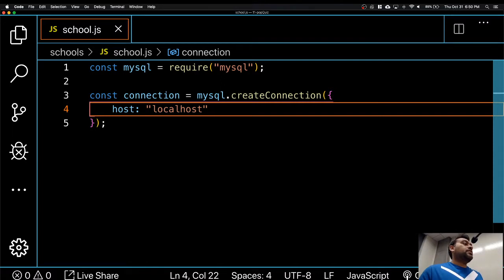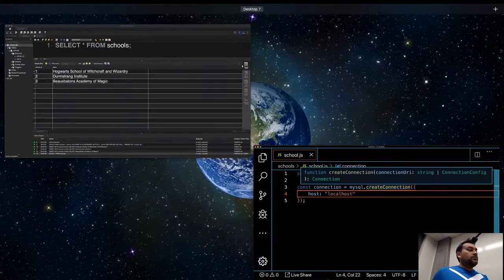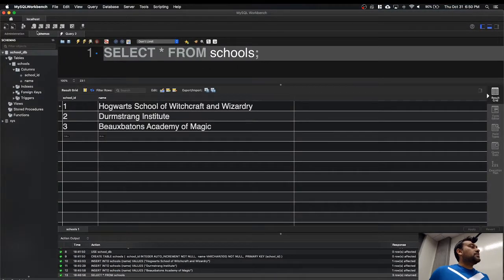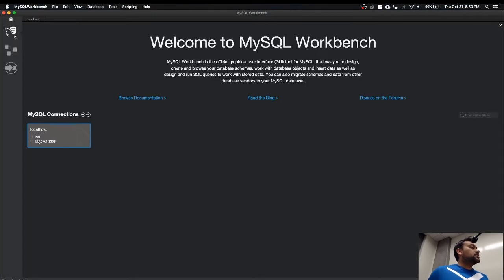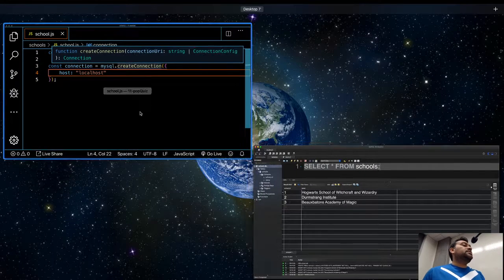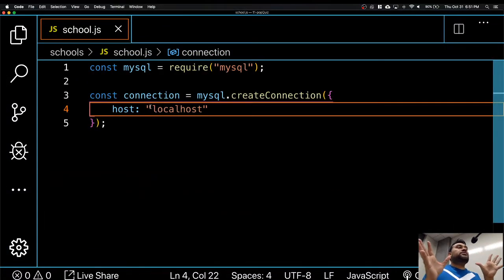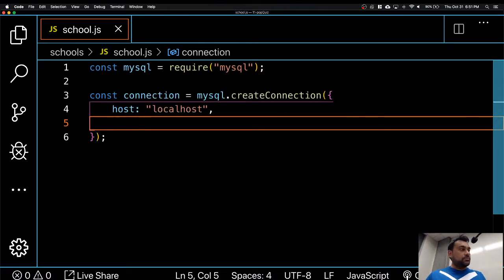127.0.0.1. Okay, and you can make sure of this if you go to your MySQL, if you go back to your home, you will see this connection over here. Okay, and this IP address, this is what we are trying to type in. So 127.0.0.1 or localhost. Node.js understands both of them. Okay, so that's why we are using localhost, and Node.js is saying okay 127.0.0.1 or localhost, both are the same. Okay, the